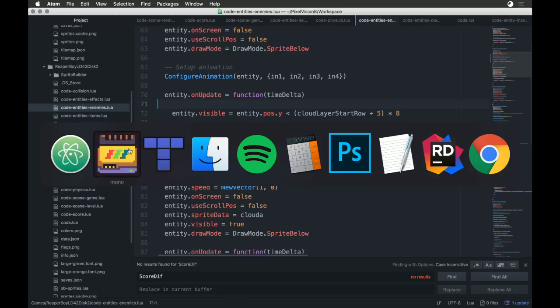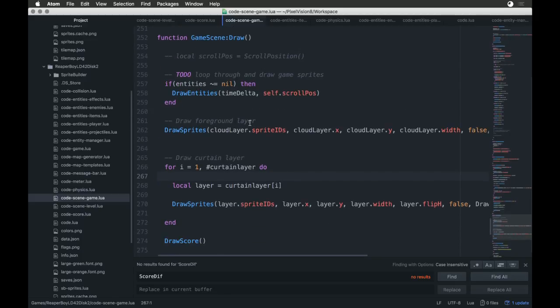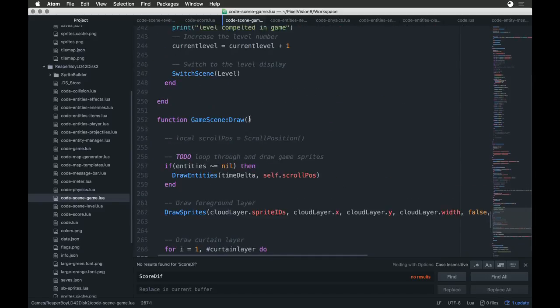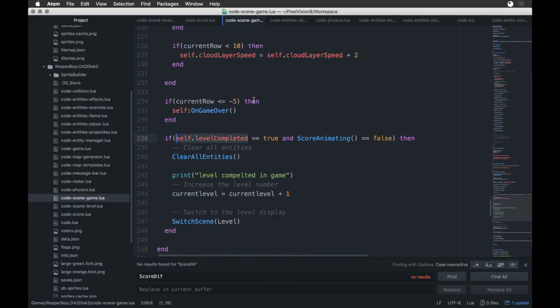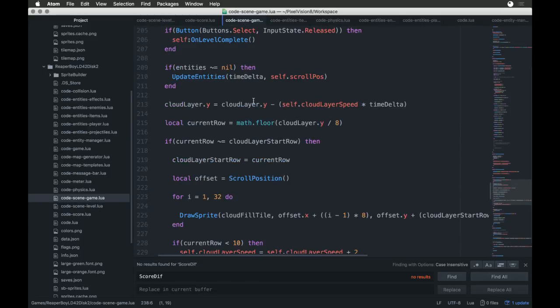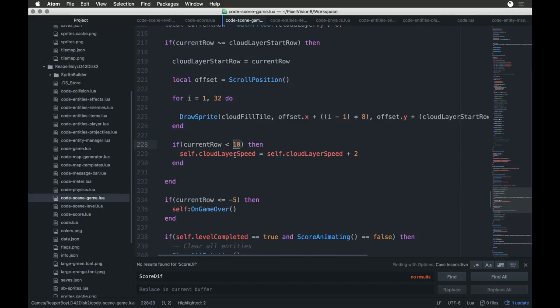Okay, but what I did like was the idea of when the game was over and you went to the... I wanted to see when we update the cloud layer, if level completed, it would give you a bonus, and the bonus you get for the level is based on how much cloud is left. So I'm trying to think of how I would do that. Because if rho is less than 10, this speed